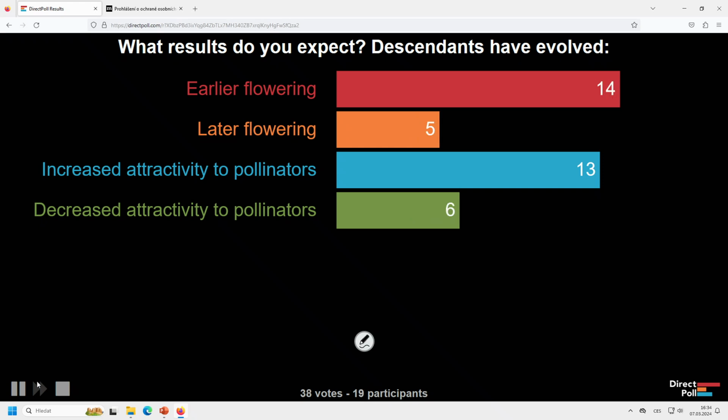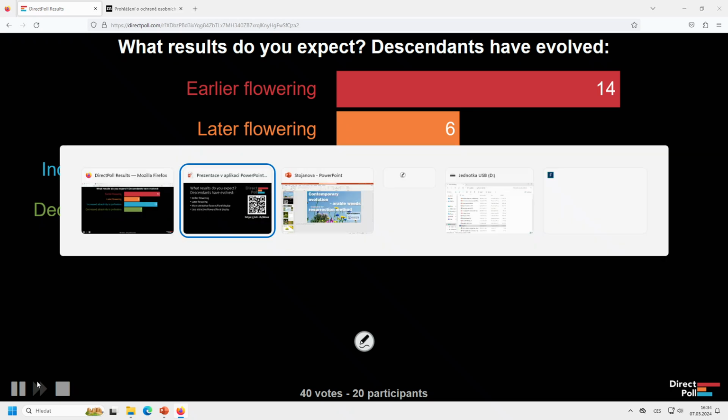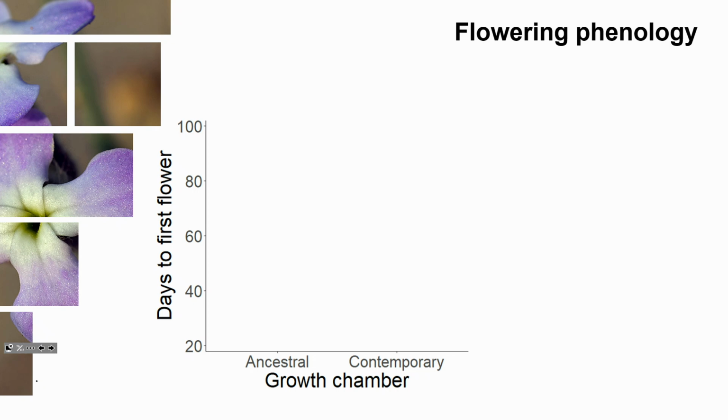Okay. So we have earlier flowering leading for now, and again, increased attractivity to pollinators, with people keep voting. Okay, so now let's see how this compares to the actual results that I had. Regarding flowering phenology, this was the experiment that kept me busy and made me miss the flowering phenology of Centaurium